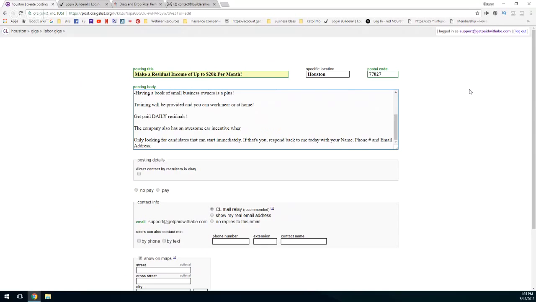Actually, the company will pay for your car of choice, which is true.